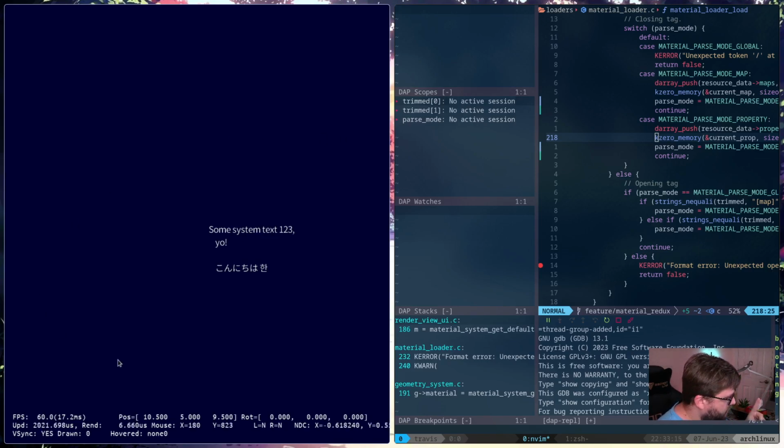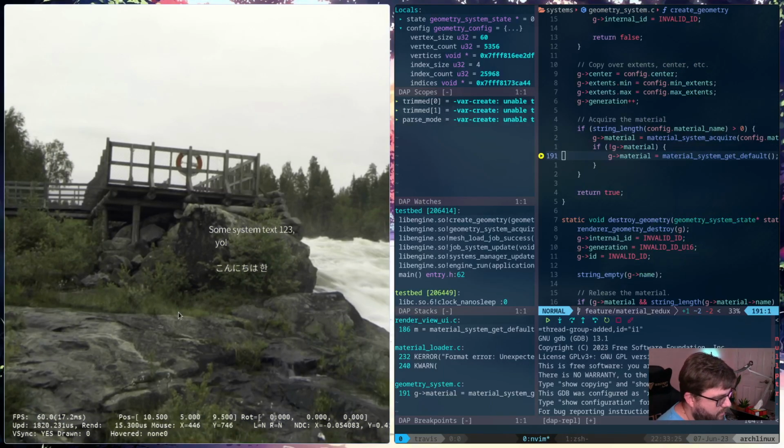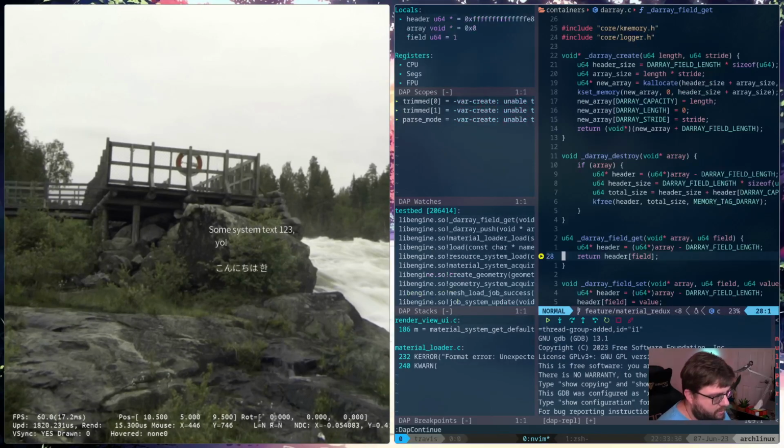Kinda. So we're using the right materials here for our UI. Now the question is, what's going to happen when we load? Okay. So we're getting default here. Let me actually kill this breakpoint. And it looks like we've hit something here. So looks like we're trying to push into an empty array, if I had to guess.